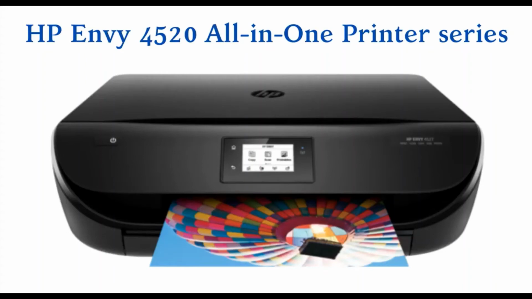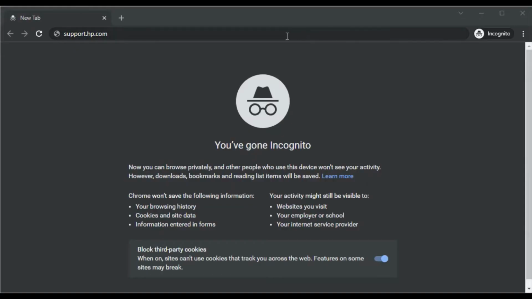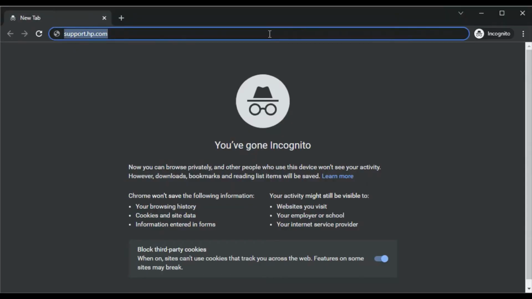How to fix scan issues in HP Envy 4520 All-in-One series printer. Open a web browser on your device, like Google Chrome, Microsoft Edge or Firefox, and in the address bar